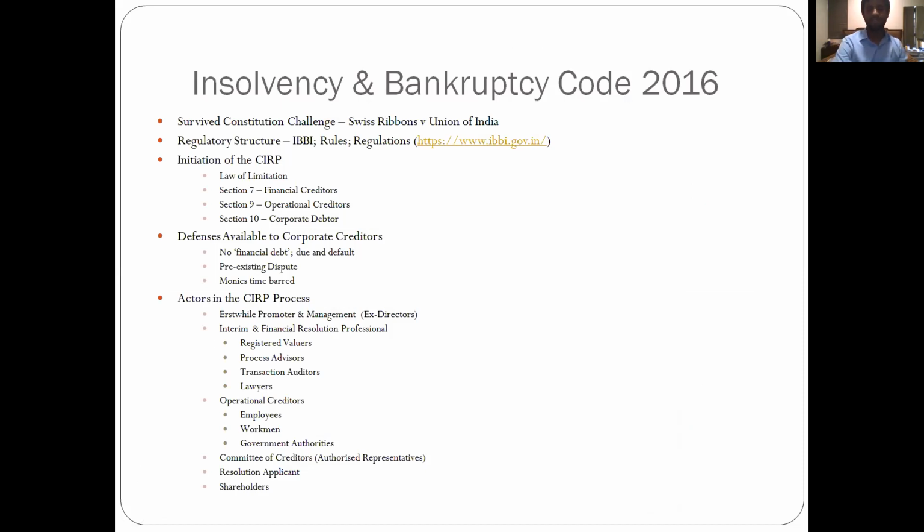However, under Section 7, even if the financial debt is disputed, if the court is convinced that a default has occurred, then it will admit a company into CIRP. So you need to make a very strong convincing case that no default happened. Even if the money was due, it was not payable because of limitation, because of some fact. Innovator Industries is a Supreme Court judgment which deals with this in great detail. The defense is available to a corporate debtor against a financial creditor.